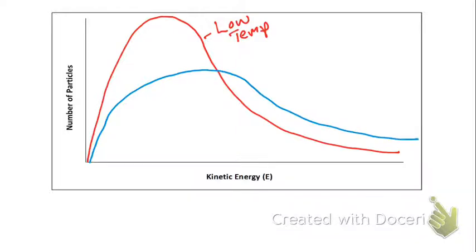We're going to get something like this. So we're going to say this is the higher temperature. Okay? Now, down here is going to be our EA. Okay, that's the activation energy barrier. All right, so at the lower temperature,